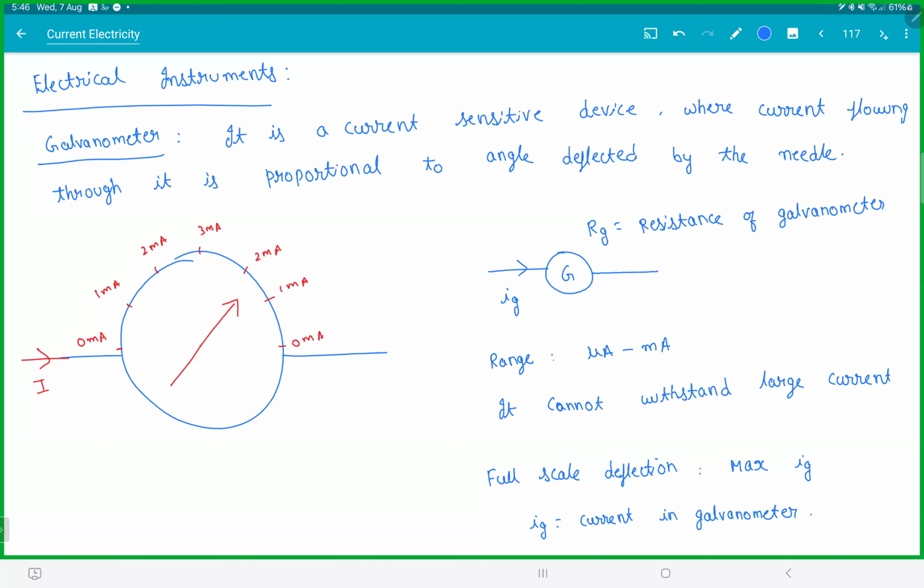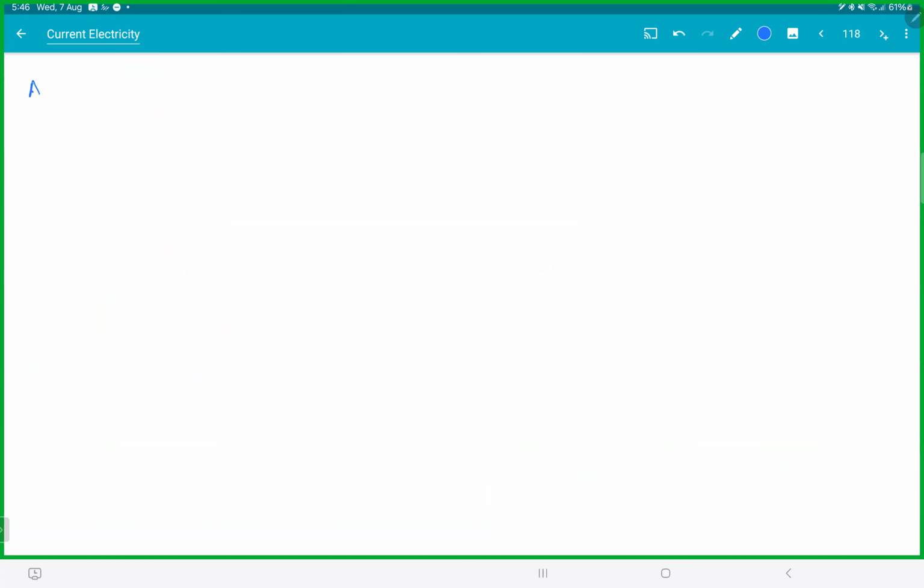Clear? Now, using this, we need to make a device which can measure larger currents, like 5 ampere, 10 ampere, 20 ampere. Any doubts on this page? Going ahead. So the first device we make is an ammeter. As long as you remember how each thing is made, you'll be able to handle the questions. So it measures current and is constructed